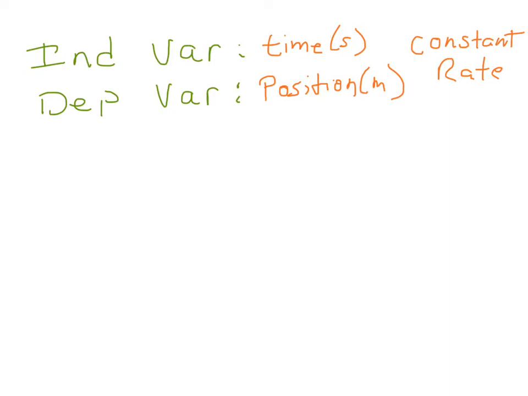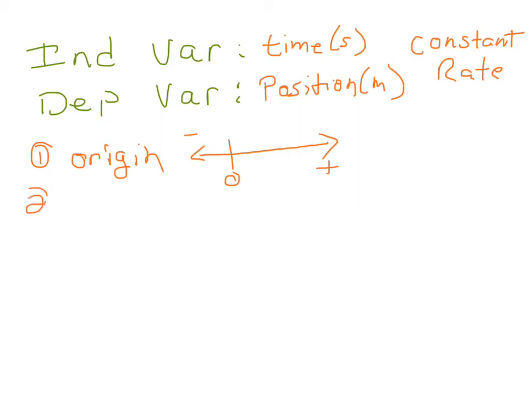How did we do this? We started by setting up an origin, a frame of reference, sort of like a number line. Everyone had a 0 starting point, and we had established a positive and negative direction. After that, we started the car and the stopwatch at the same time after placing the car at the appropriate starting point. And then to keep this short and sweet, we simply placed a paper clip